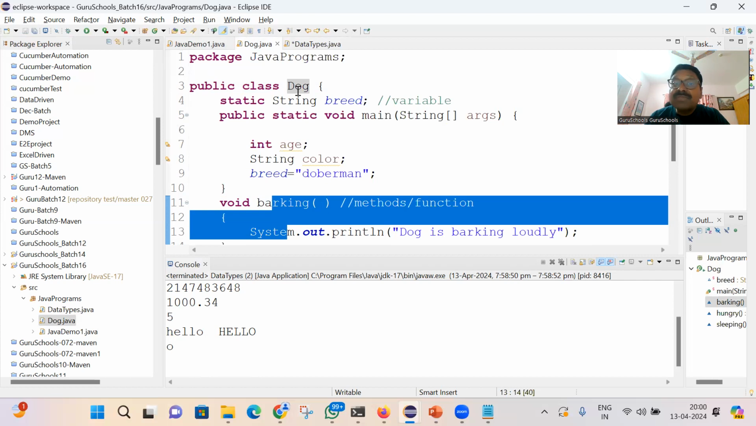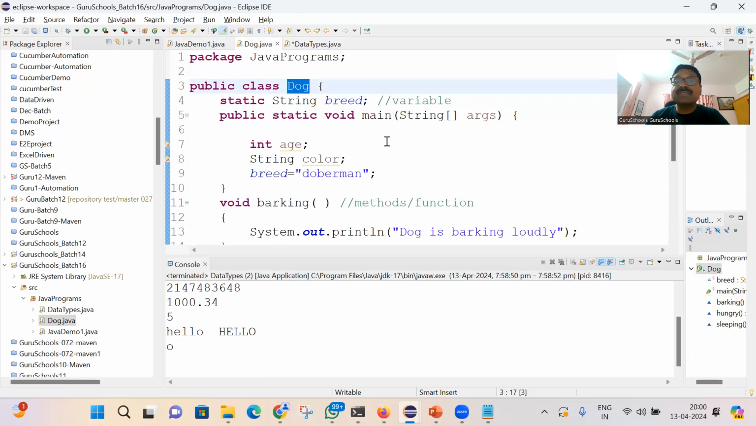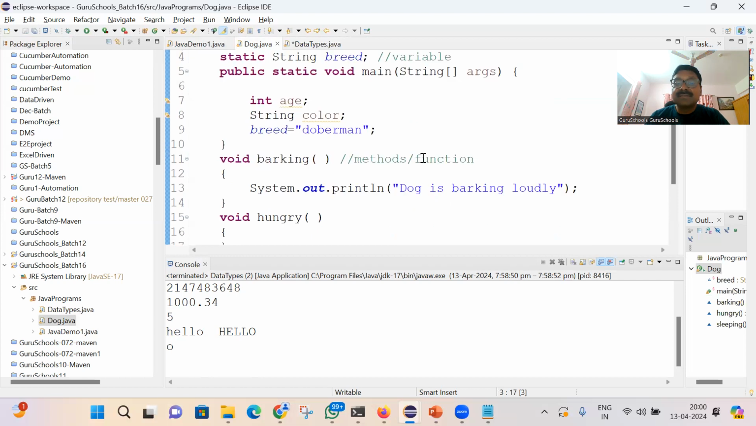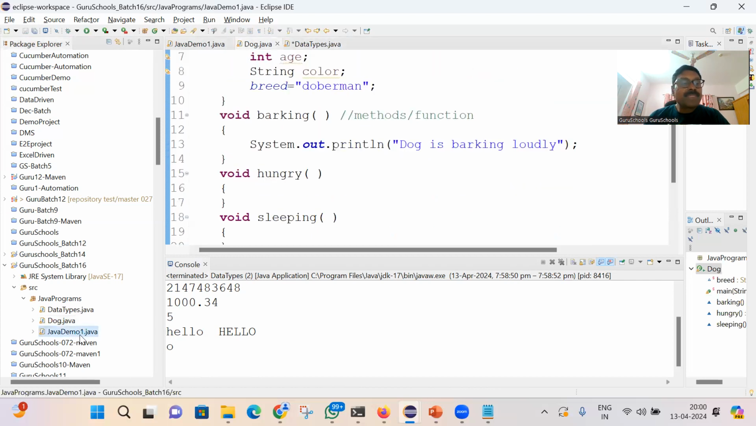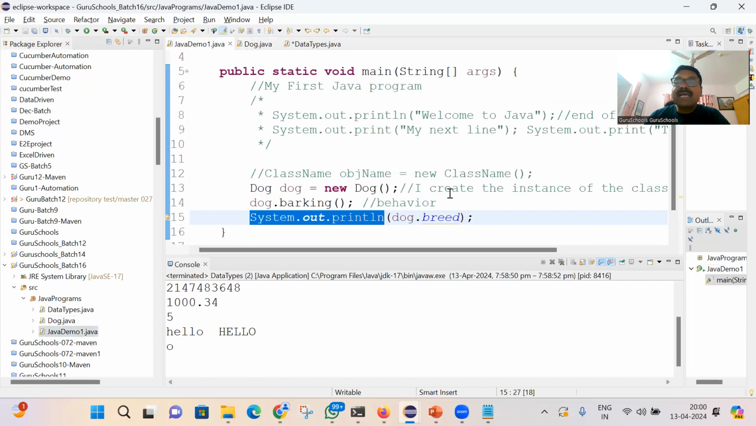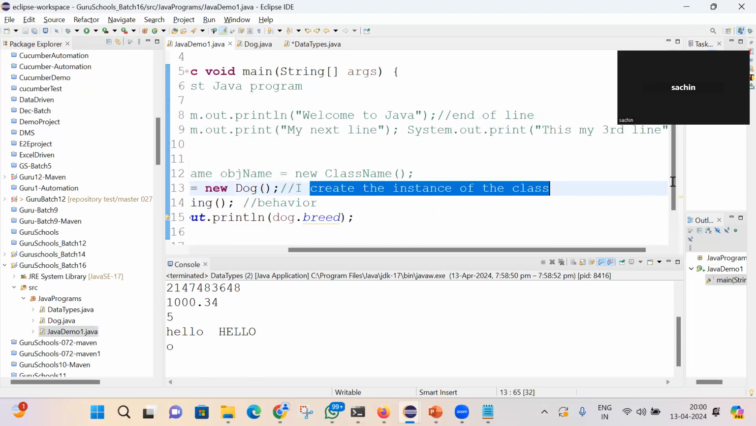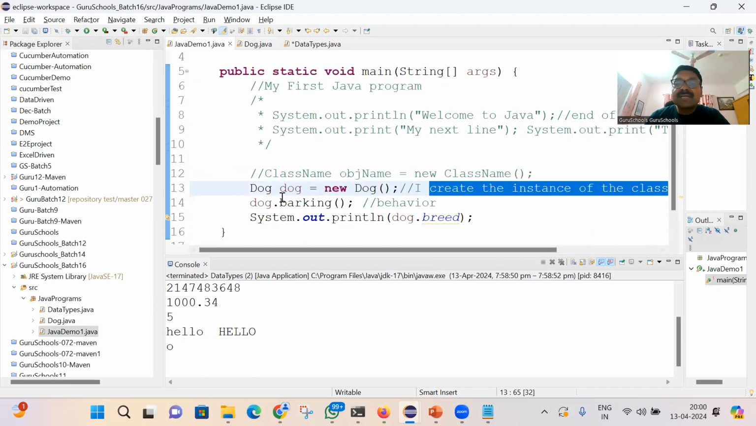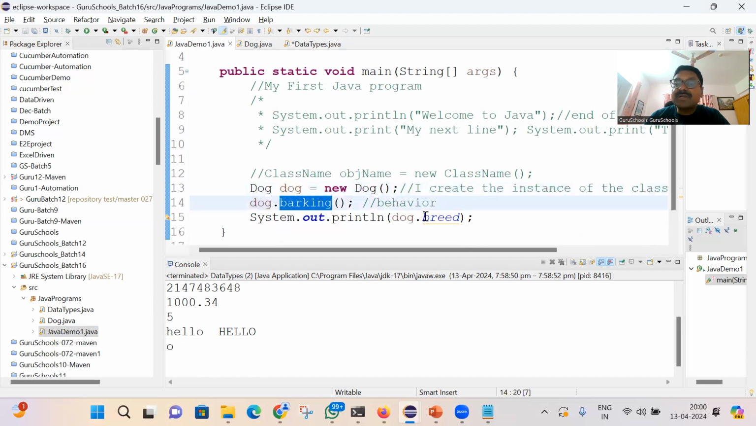So what is object? You know what is class? What is object? Object is an instance of a class. Yeah. Object is an instance of a class, and with the help of the object, I am calling these methods, or I am calling these variables which are declared in the class. Can I call this method, or can I call this variable which is there in the dog class directly